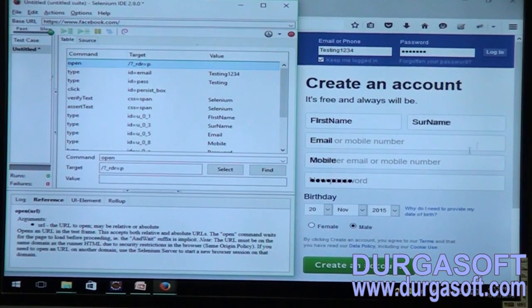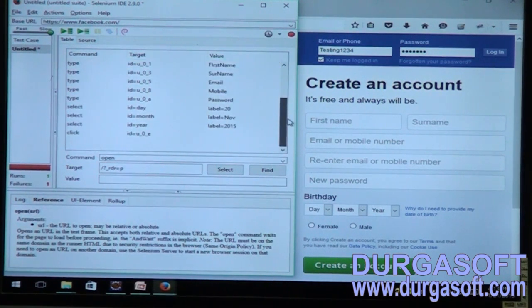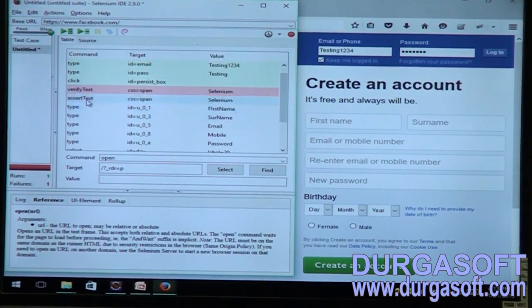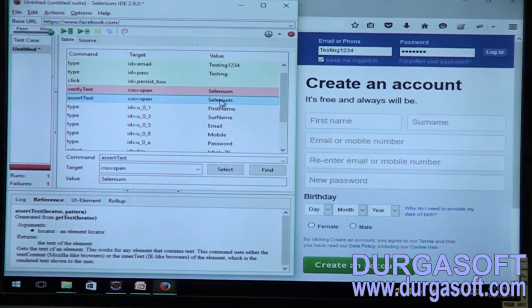Now let me run it again. Fine. Now here it is going to enter the values, but is it going to execute all the test steps? Obviously no. Why, team? When I use the assert command, if the test step fails, it is going to stop the script execution there itself.